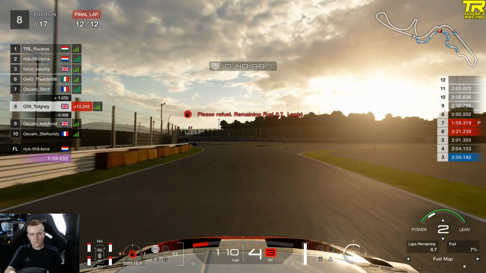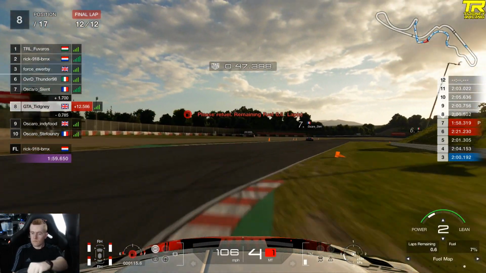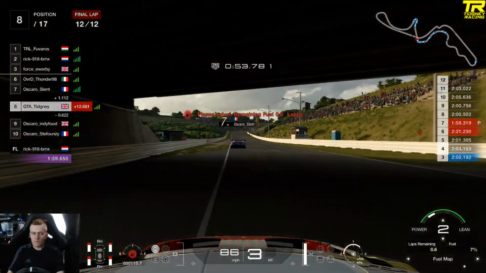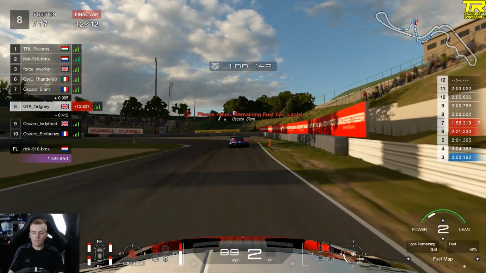So I was trying to push on a little bit. So you see I dropped to fuel map 2. Again, that's just to try and hopefully stay away from Indie Food, but you can see he's in the 1 second window now in a BMW M6, which of course is a very good car. Through there we go, and we continue on past Tidgney 2. Actually, we're in sort of Slent slipstream still here, so it's a bit helpful to us